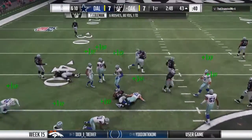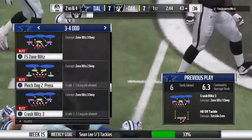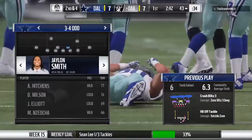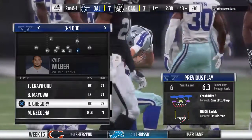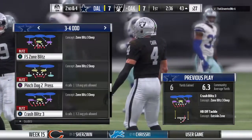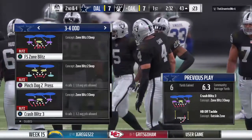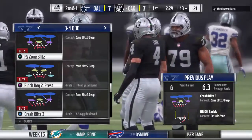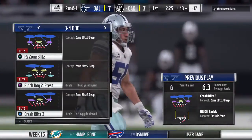Here's Coleman. And able to push his way forward here for a good little gain. He'll get a nice chunk there on the first down run, and it's 2nd and 4. Well, they're making an effort to get the ground game going tonight. So far, it's working. I like what we're seeing from the offensive line. They seem to have the leverage going and are controlling things and reestablishing the line of scrimmage, moving that defensive front backwards, but also like what the runner's giving us, too. It appears that he's been waiting all day long to get